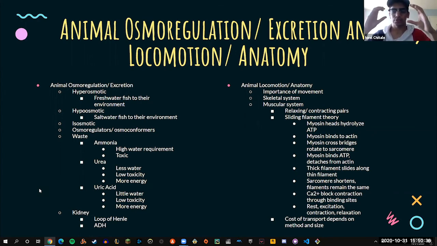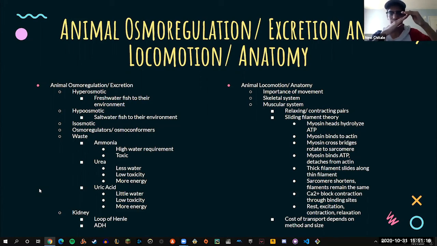And what happens is, ATP helps to hydrolyze myosin heads, which essentially means it helps it lift off from the sarcomere and extend towards the myofibril structure out here. And then because the myosin heads are out here, they're able to bind and cross bridges over to the actin binding sites, which are on the myofibril. So that's really where the myosin and the myofibril connect at the actin binding sites, where the myosin heads bind